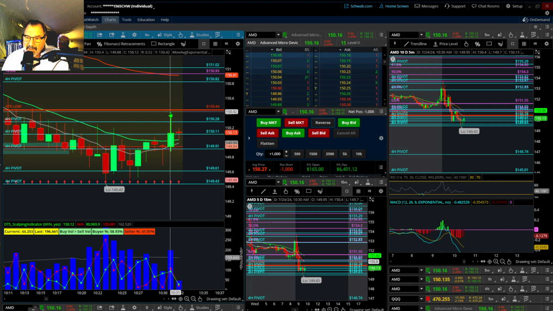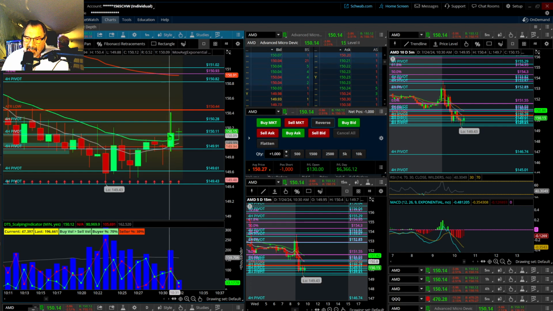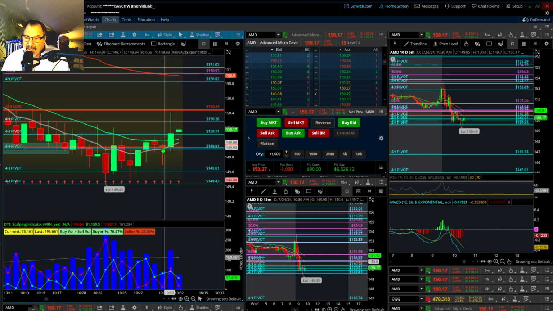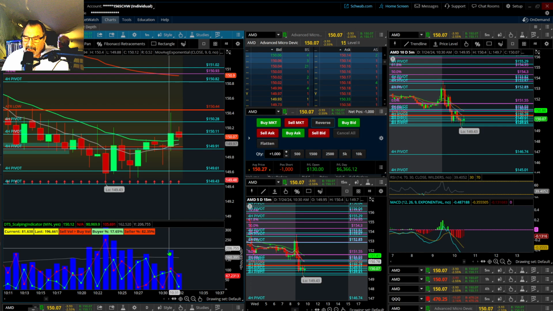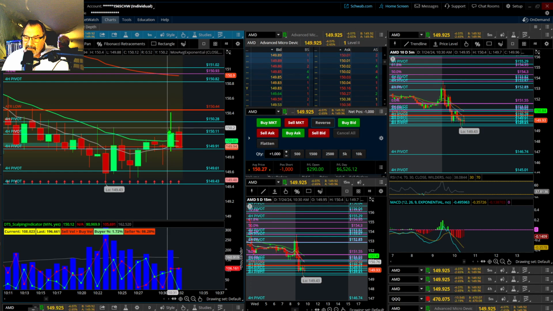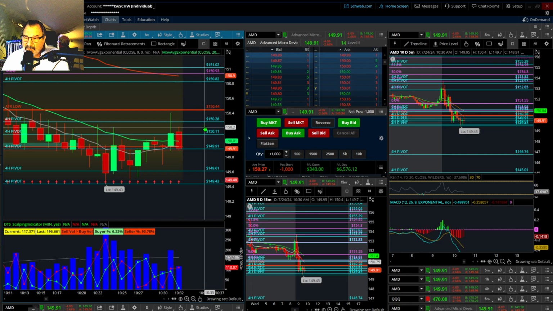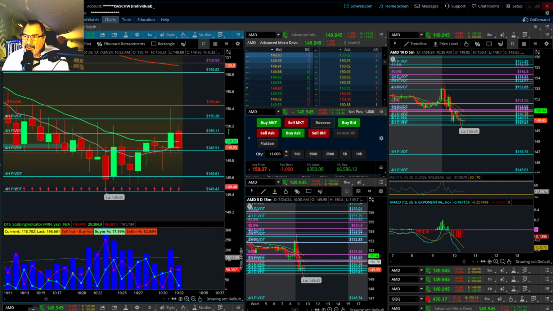right here. This rejection off of this, where all the price action is down here and the point of control now being down here, and the volume climbing up as the sellers won, is convincing me to hold this into a possible move, a big move down. So that's why I'm holding this.